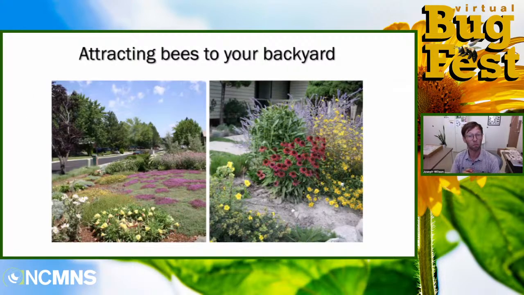The first thing is we should plant flowers. Now, some of these are extreme. This person converted their whole front yard on the left into flowers. And yes, they have a lot of kinds of bees in their yard. On the right here is my front yard, and in my front garden area, I used to have ivy when I first moved in. I ripped out the ivy and put in various kinds of plants, some native plants and some non-native plants. But I tried to plant a variety of sizes and shapes and colors of plants.